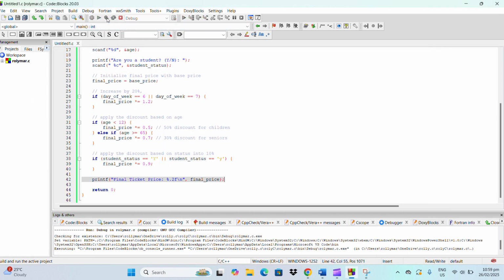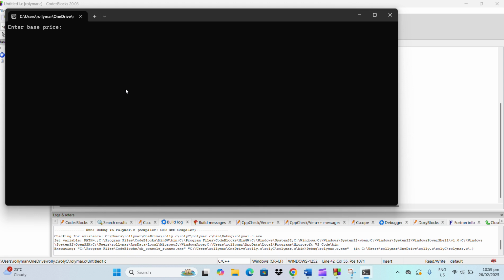Let's try. Let's enter the base price. So for example, let's try 200. Then the days of the week, let's try another day that is not included in our 20% increase.